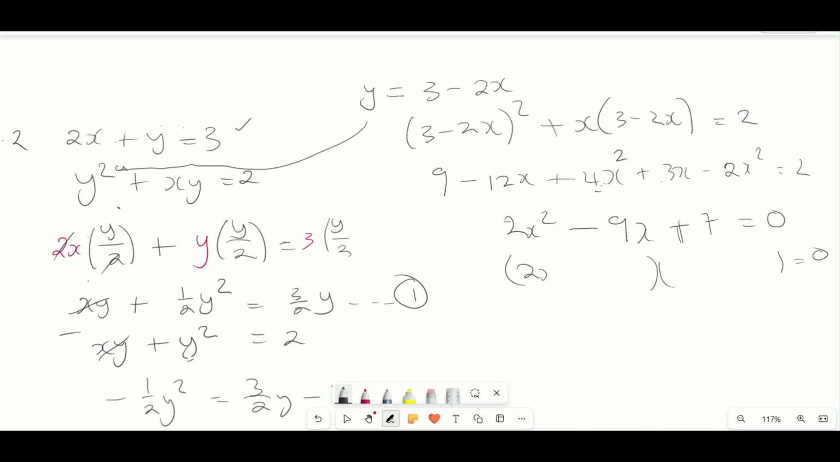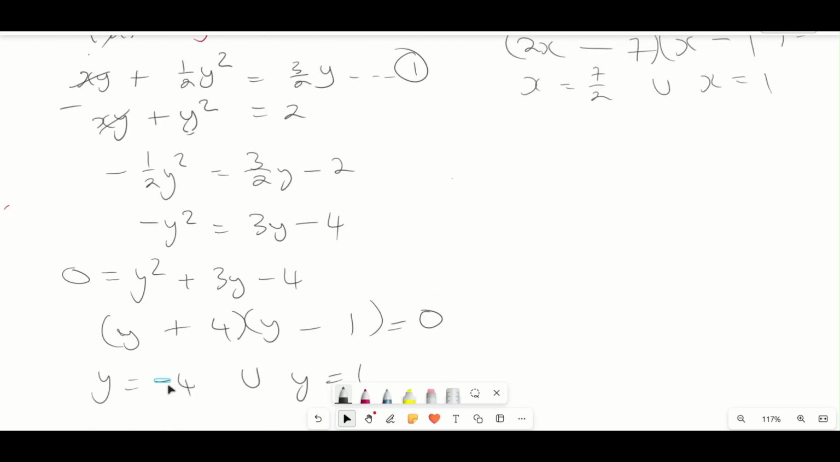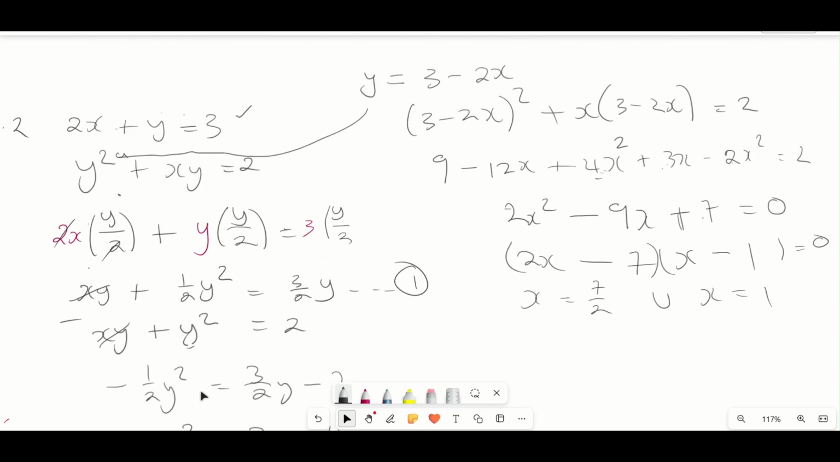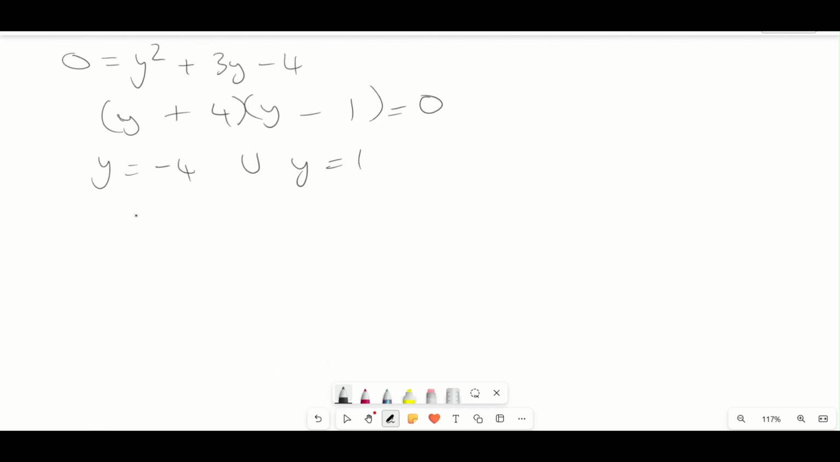Factorize? Yes, I can. So I have 2x, and then I have x, so I need a 7. So I have 7 here, and then 1, and then minus, minus. That gives me x should be 7 over 2, or x should actually be 1. Okay, so now let's prove that this one is correct, right? So I'm going to take a negative 4, then substitute it back here, and see whether I can get one of these x values. Okay, so our equation was